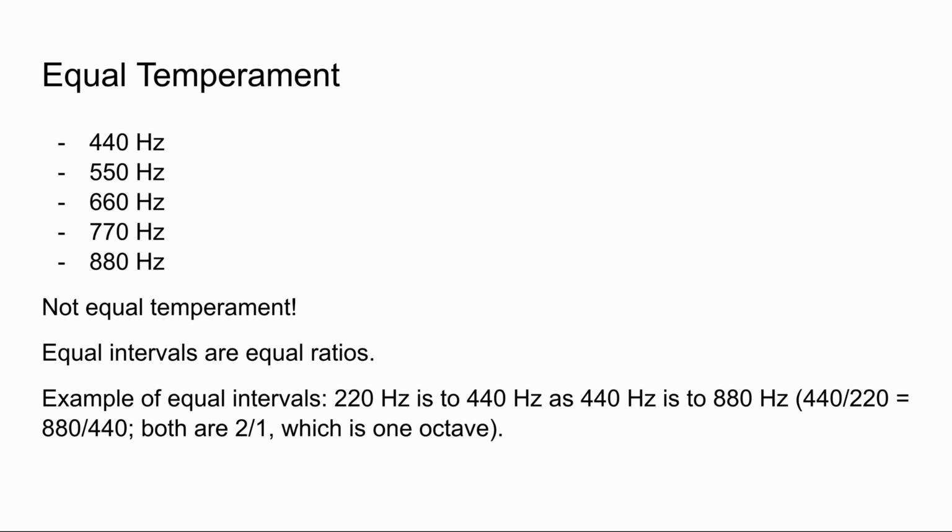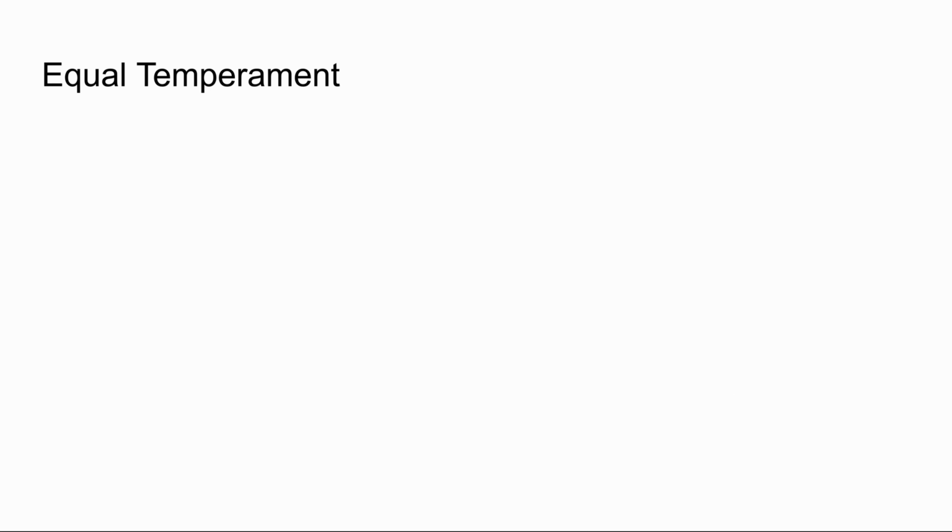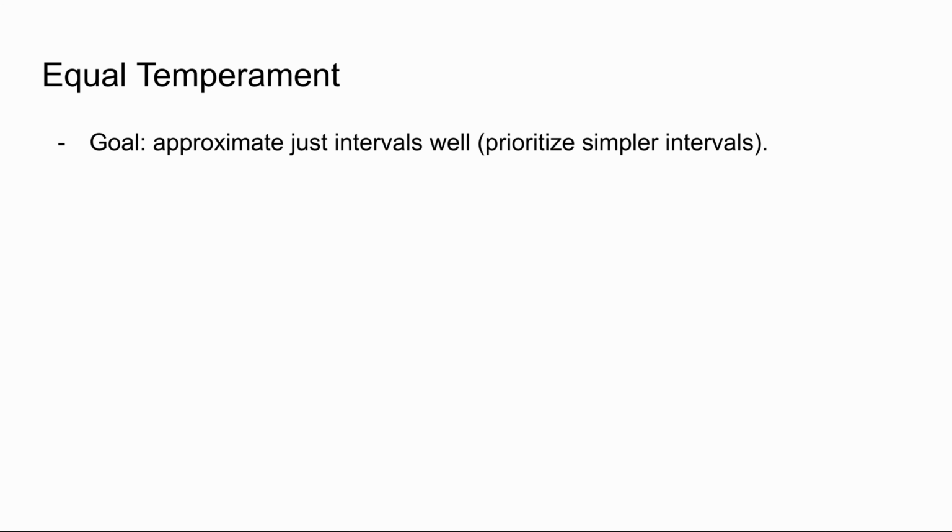Of course, if we went straight from 220 Hz to 440 Hz to 880 Hz, the gaps would be too big. Imagine only having octaves for music. We'd be very limited in the music we could create. So we need smaller intervals. How can we best approximate just intonation with equal temperament? Since just intonation consists of whole number ratios, we want to approximate these ratios, again, prioritizing the simpler ones. In general, the smaller the interval between adjacent notes in an equal temperament, the more accurately just intervals can be approximated.